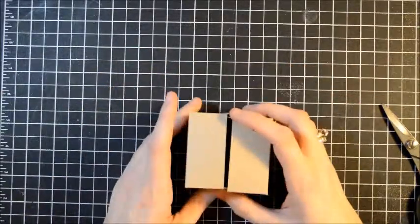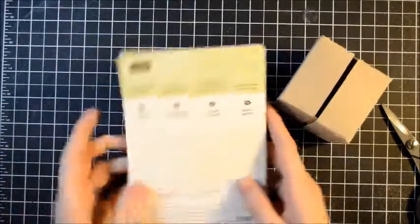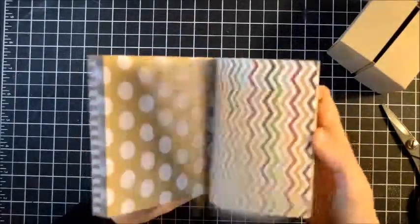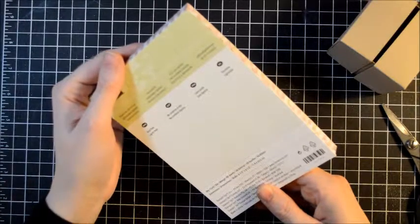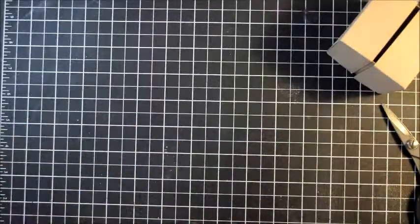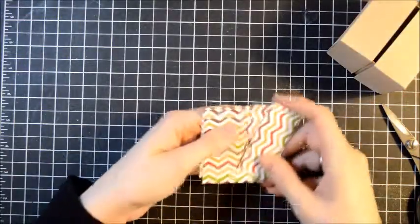Okay, so then you're going to need some designer series paper to cover it. And I used the Seasons of Style designer series paper pack. This is an awesome pack. I've used a lot of it, and there's still all of this left. It comes with 48 sheets, and you get 4 designs, double-sided. So this is 1, 2, 3, 4. So on this first one I used the polka dot, and on this one I'm going to use the stripe,